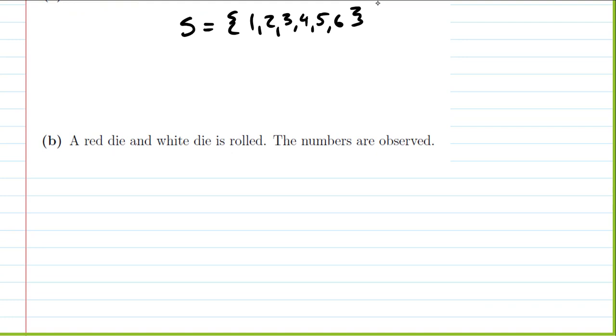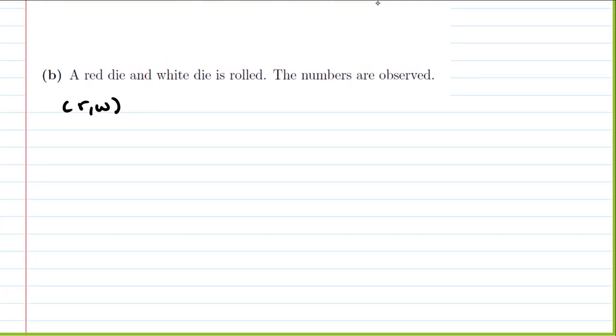So B, a red die and a white die is rolled. The numbers are observed. So what are our possibilities in our sample space? Well, if we have both a red and a white die, each die has the possibility of rolling a 1 through a 6, right? So to help us visualize this as maybe a table,